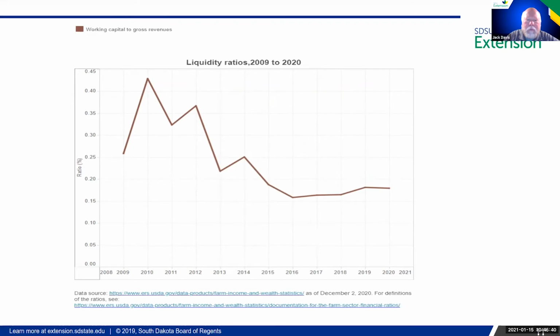Well, as we came into those tighter margin years and price decreases, that didn't hold. This is for our national level. This is where that's taken from. So that's down below 20%. So if we are fortunate enough to go back to some more profitable years, it's probably a good time to build that working capital back up.